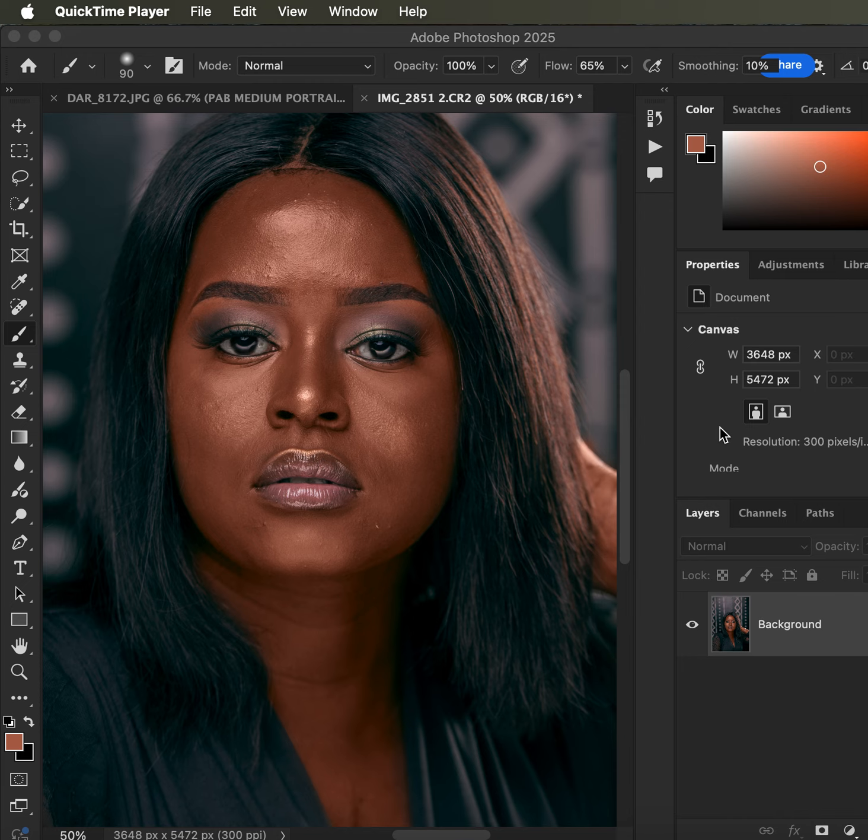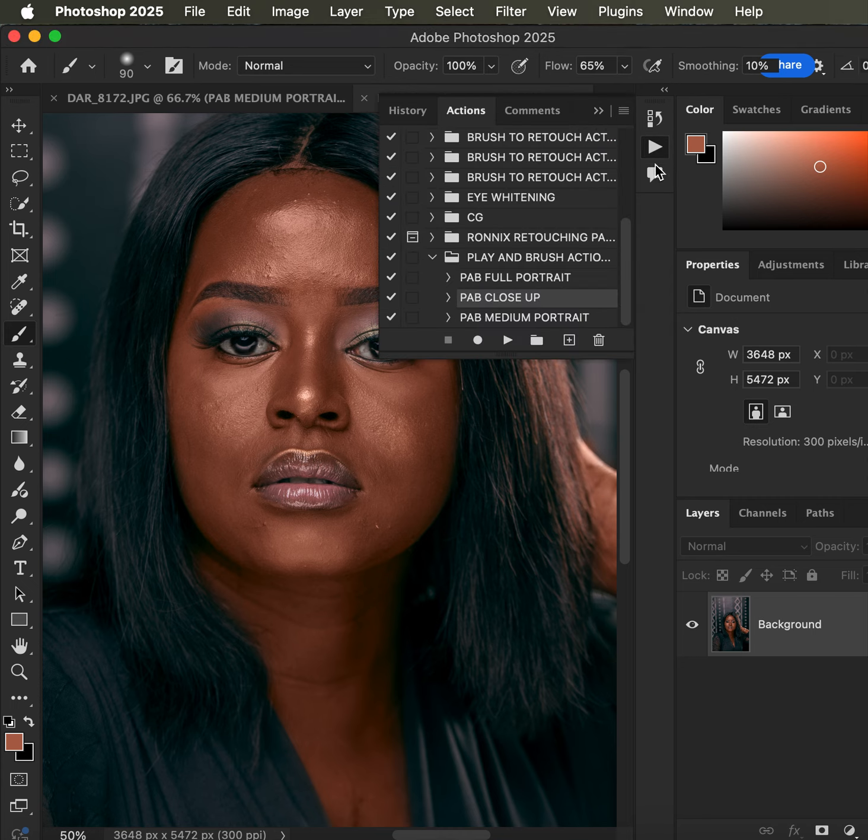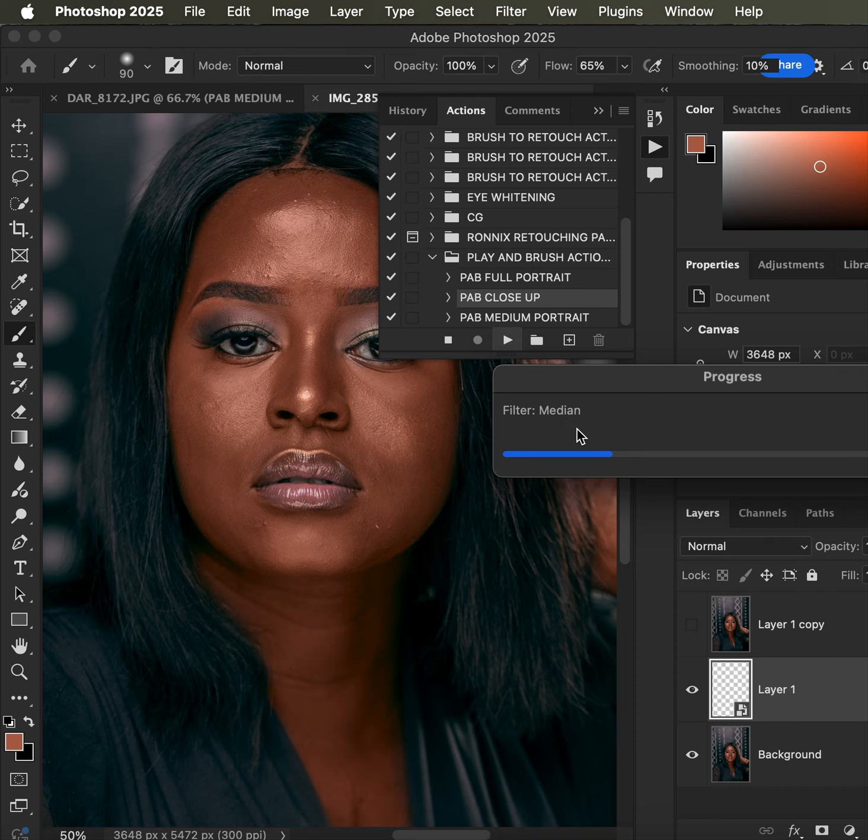Show you how you can easily edit and retouch skin by just simply playing this action and brushing over the skin to retouch your images in just a few seconds. So just click on the actions and simply select the close-up action and play the action. The action is going to create for me these layers, and all I have to do once the action is done playing